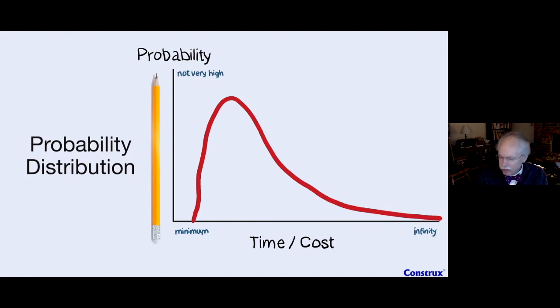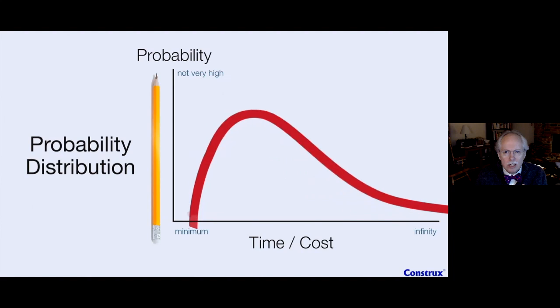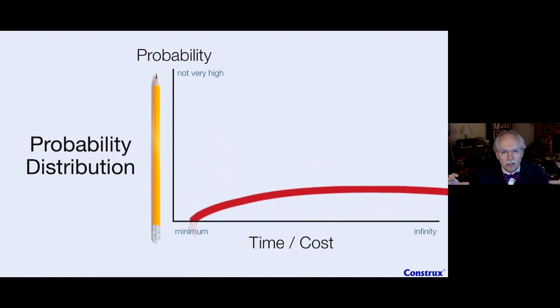So I'm going to invoke my magic cleanup process here and clean this up so it's a little bit more readable for you. But here is what we think about when we say a probability distribution. Now, I want to be careful because this is sort of a middle-of-the-road distribution. How it looks at any point in the project can obviously change.